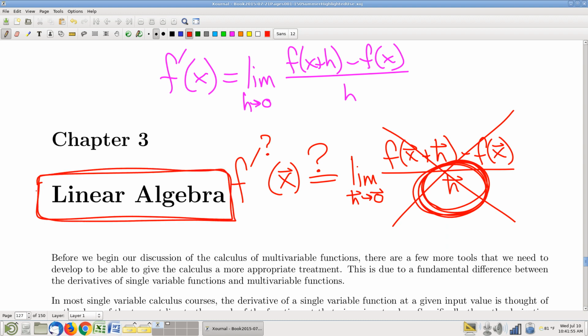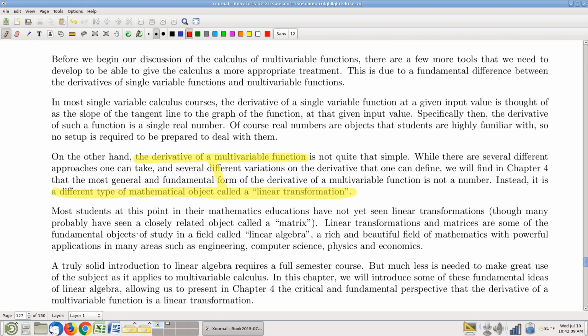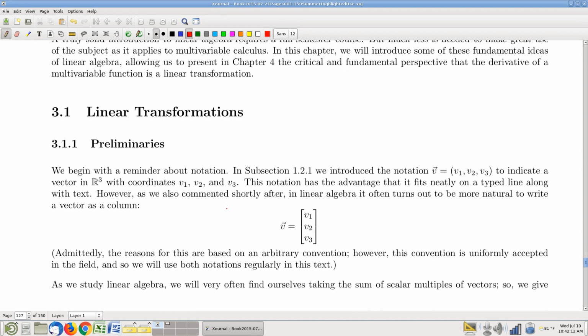Something called the linear transformation. So we're going to need to define linear transformations, and we're going to need to develop some tools for manipulating linear transformations effectively and conveniently. And here we are, linear algebra. Okay. All right. So that said,